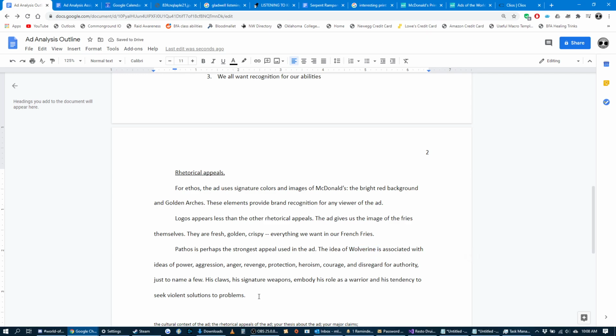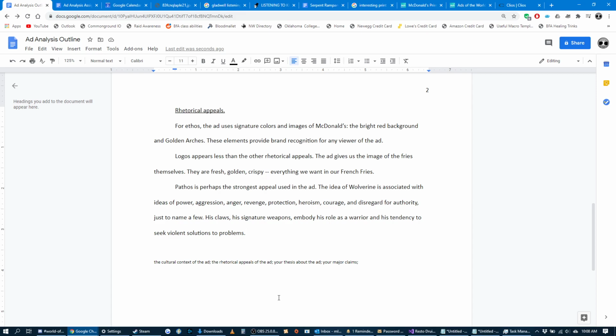So why would the ad, especially for McDonald's, bring up all of this? That doesn't seem to make sense at first, right? And just like when we perform the method on texts, we have to think about what doesn't seem to fit, what seems like it doesn't belong, right? And this might be a good place to do it. And so often when I'm writing an outline or preparing for an essay in any way, I'll just jot down questions I have, and one of them is,